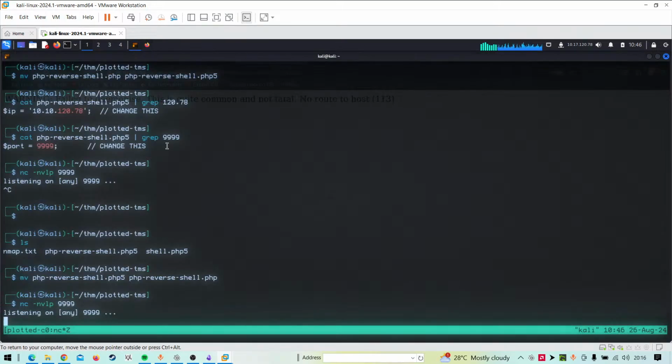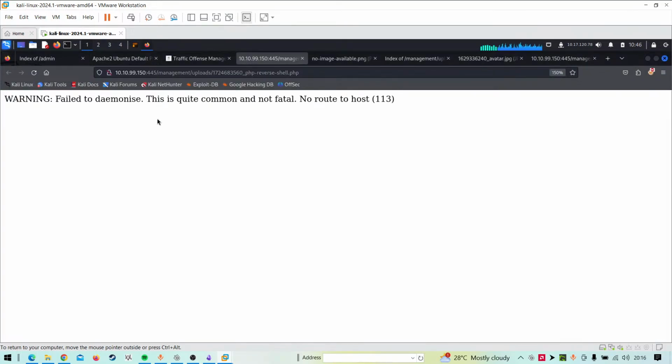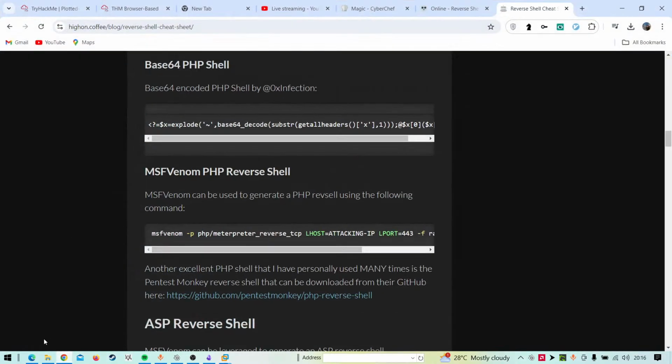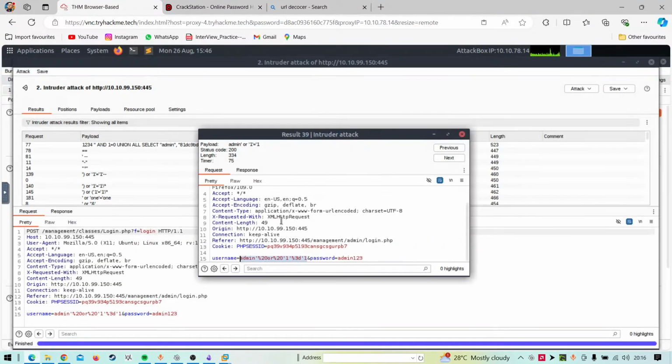We have a PSP shell, and it's saying failed to something, no route to the host. I think that this time it worked, but something is wrong. So I'll just do it with the VM here.